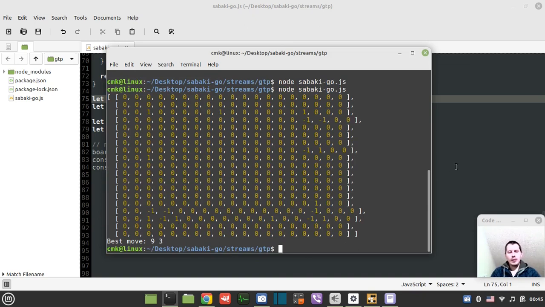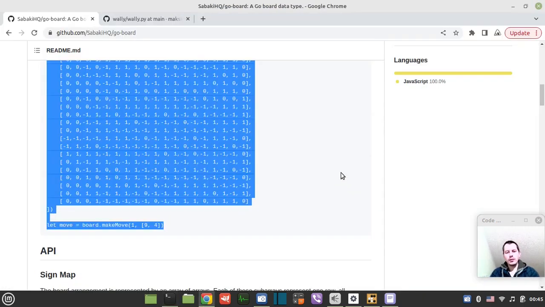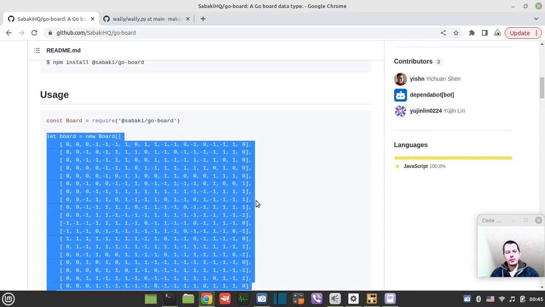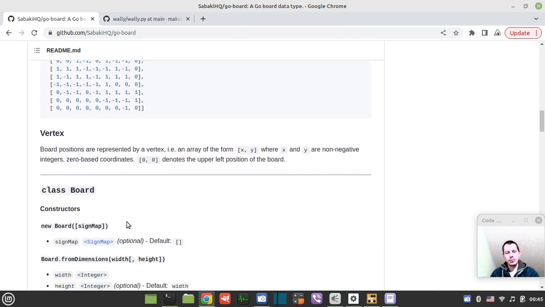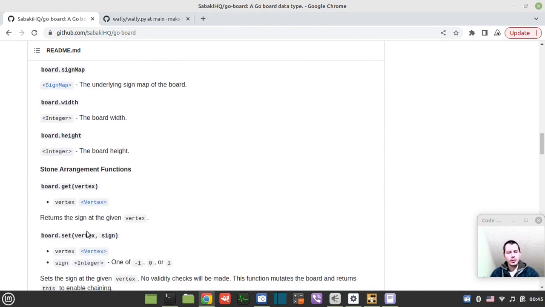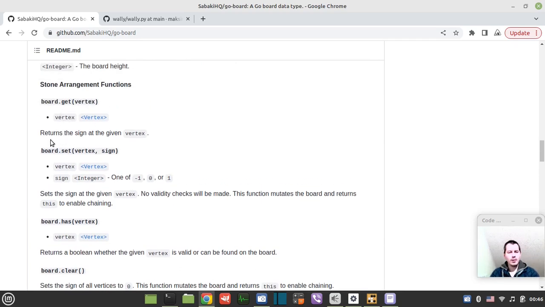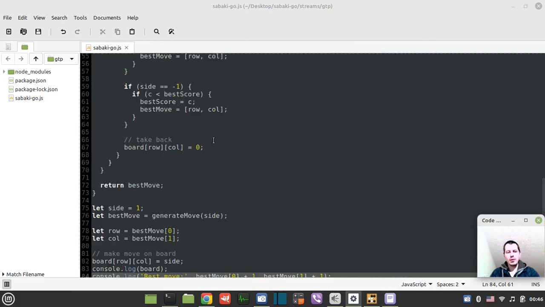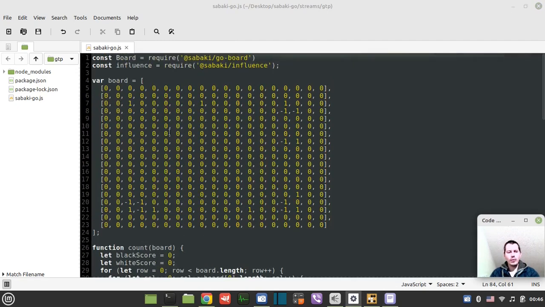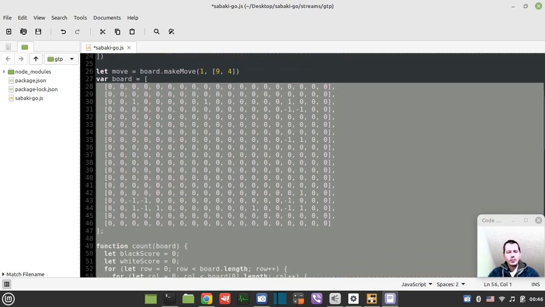Okay. Now, the interesting question is, will I still be capable of traversing the board the way I did? Or probably I would need to use, instead of referencing the board squares, something like board get, maybe. So we'll now see. All right, so if I just do this, just a new board, then I can use my old one,